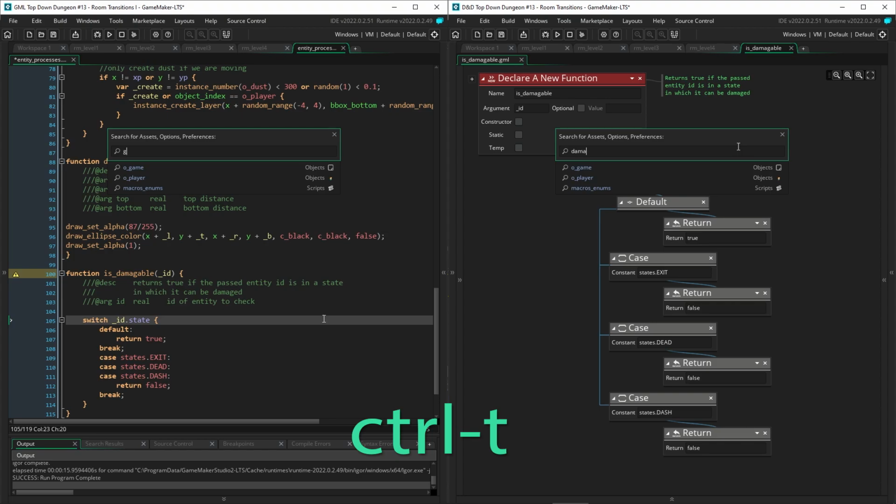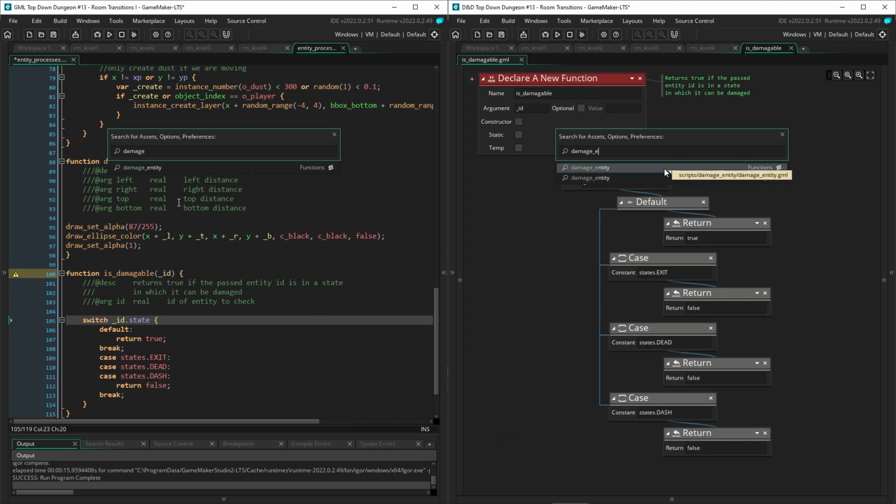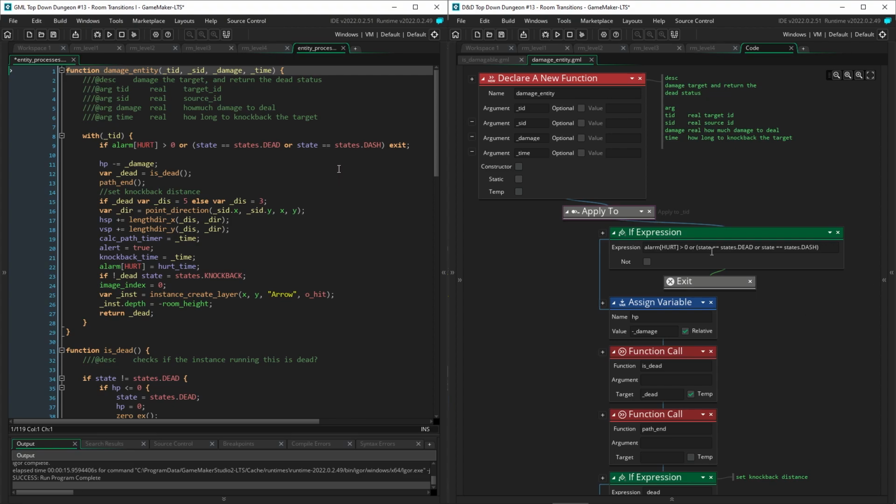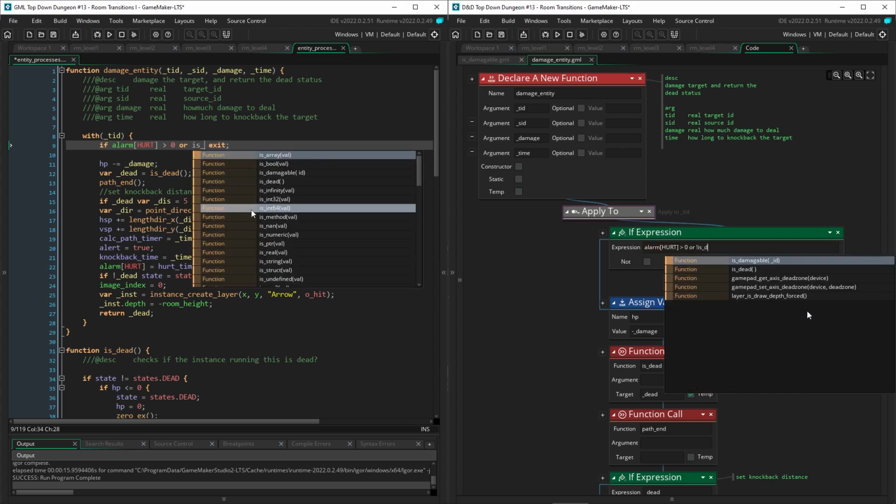So if we look at our damage entity function, we already exclude dead and dash states. So instead of doing that, let's just check if isDamageable returns true. So instead of all of that, let's just say if we are not isDamageable,